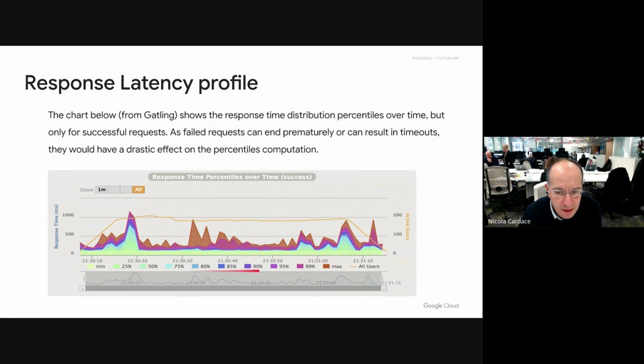The color coding here means a percentile, right? If you look at the 99th percentile, the dark ones correspond to pretty much the maximum response time that was seen by a fraction of the clients while waiting for the response.